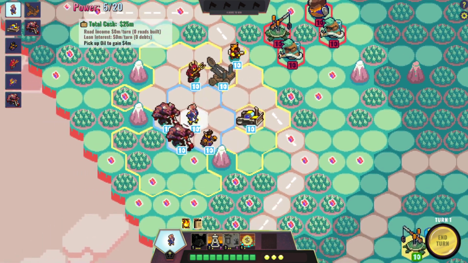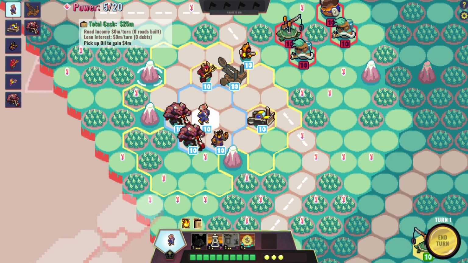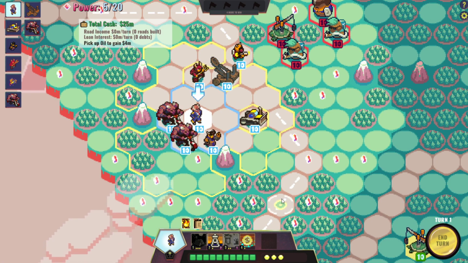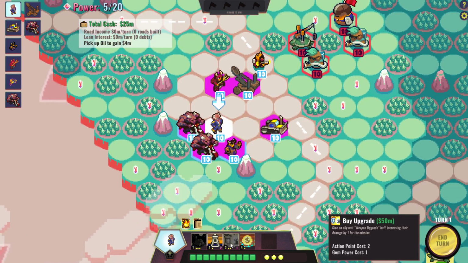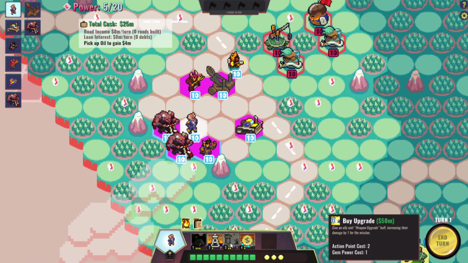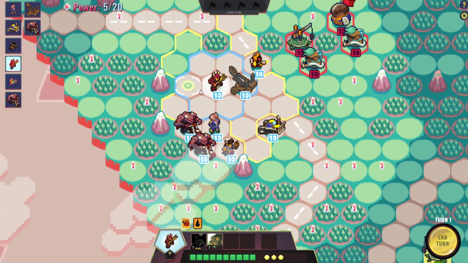So Bill has his own resource, which is money. He starts out with $25 million, and as he builds more roads and gives out more of those loans, he starts getting more and more money over time. Money can then be used to purchase upgrades for his units via this ability, Buy Upgrade, which costs $50 million and increases their damage by 1, which doesn't sound like much, except it is a lot because